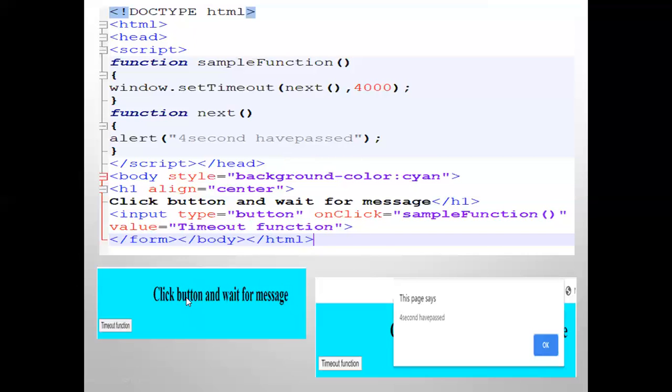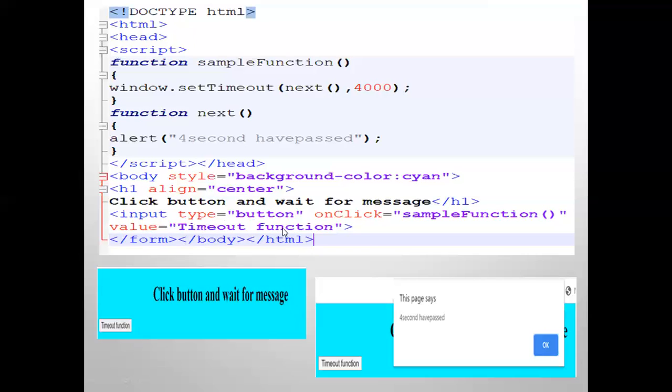And in the main body, what is written? Body style is equal to background color cyan. One blue color, cyan color is given here in the background. H1 align center, the highest heading level, and what is written: click button and wait for the message. Input type is equal to button. One button is shown here. What is written on that?